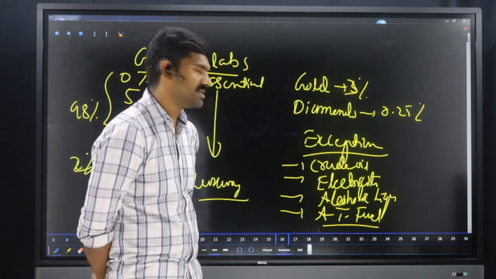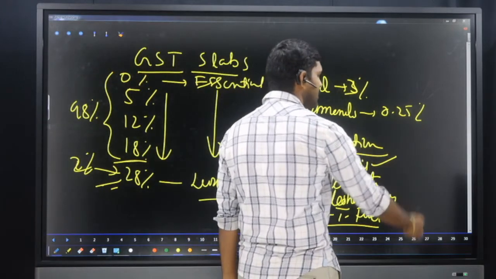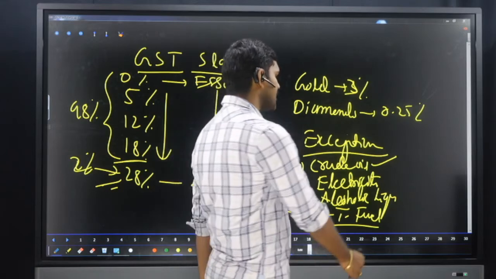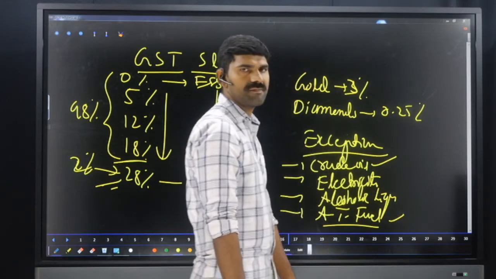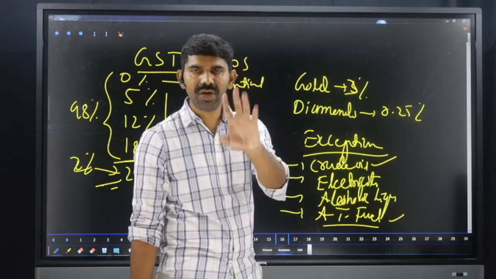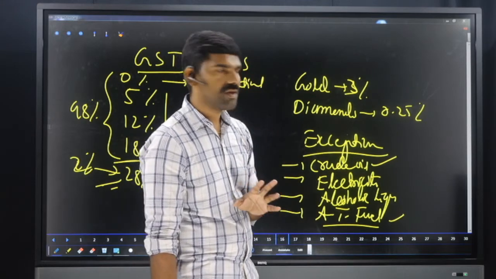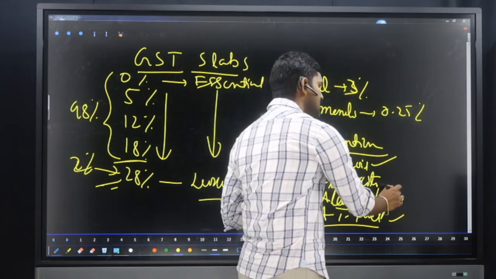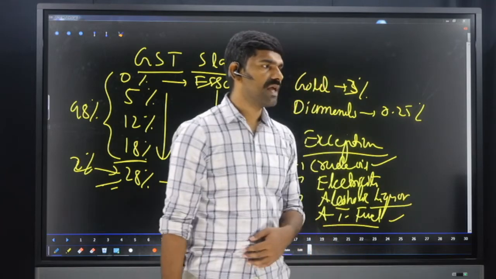There are plenty of reasons. Crude oil is dependent on the international market. Aviation turbine fuel is also dependent on the international market. And when you come to electricity, we don't have uniform electricity throughout the country, so electricity is not part of GST right now. Okay, and alcoholic liquor, this is a main source of revenue to the government, and